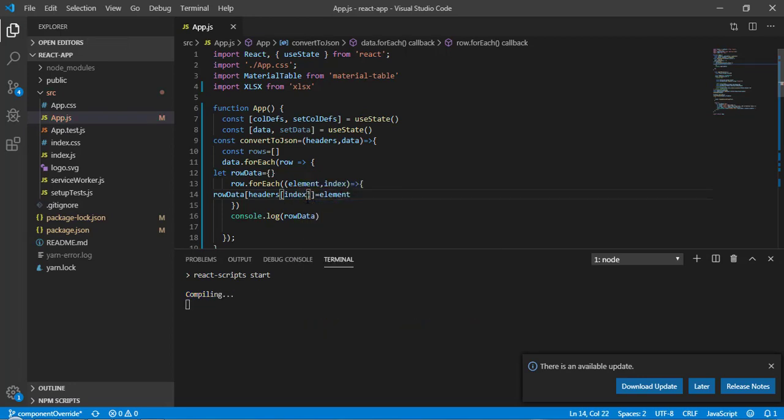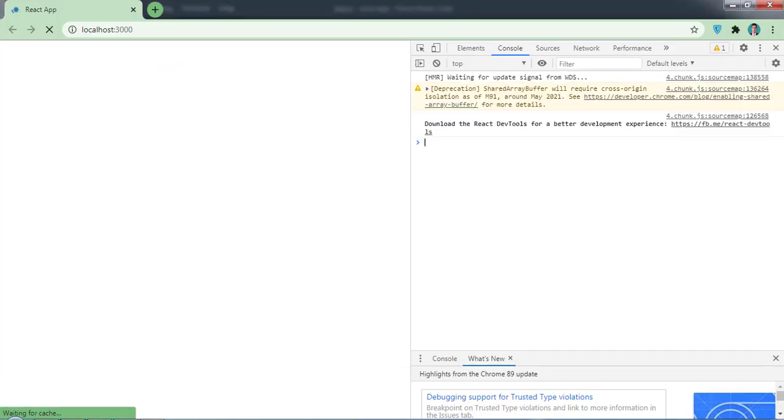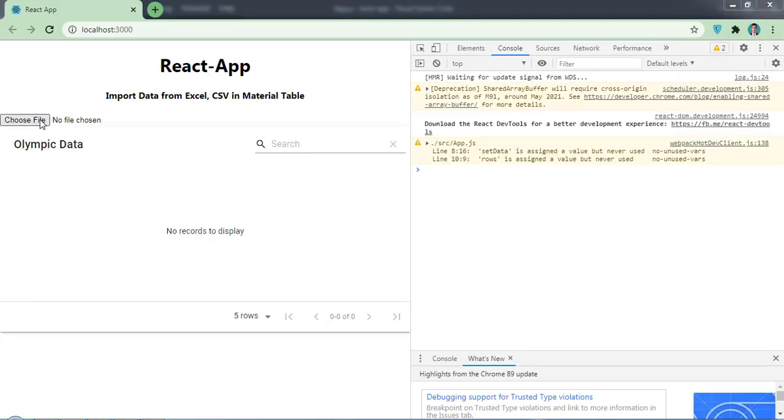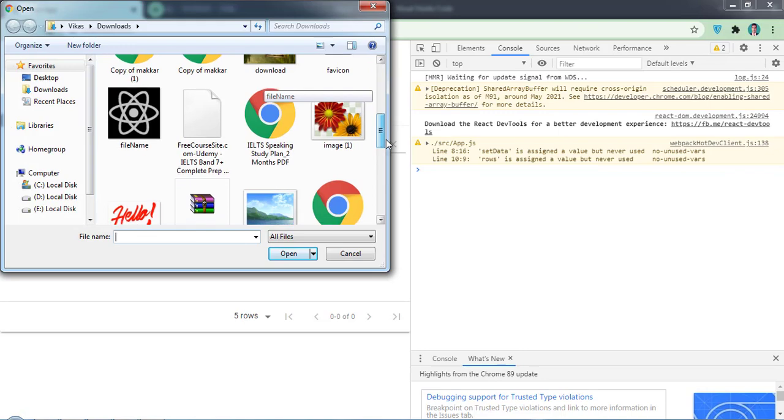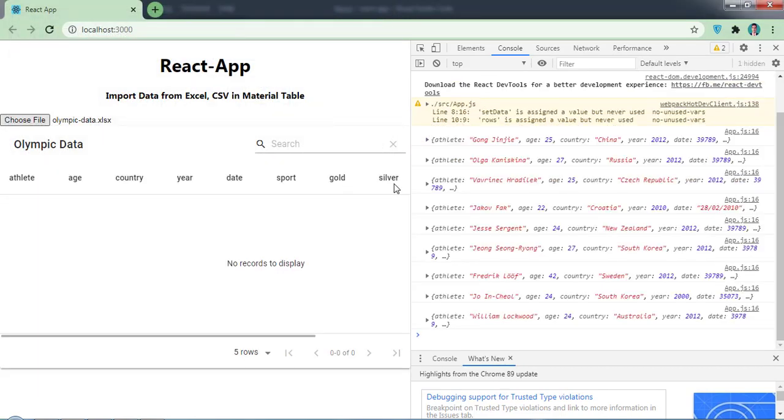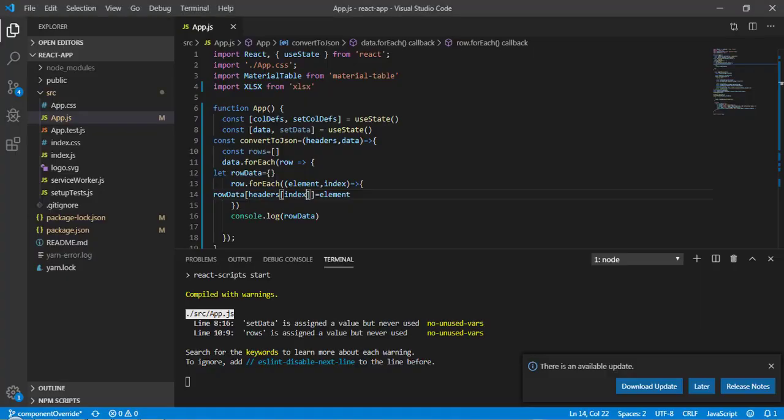Now let's save it, come back here and select a file. As you can see, we have athlete, age, country, year and date. Means we started getting data one by one. This is the key and this is the value. So now we are getting this data.